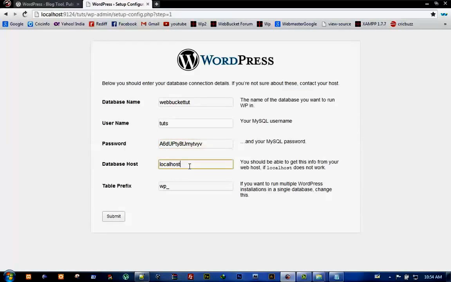Our database host is localhost. This is the WordPress table prefix, which means the prefix for the tables that will be created inside our database. You can change it to whatever you like. I am changing it to dots underscore, so my tables will start with the prefix dots. Then click submit.